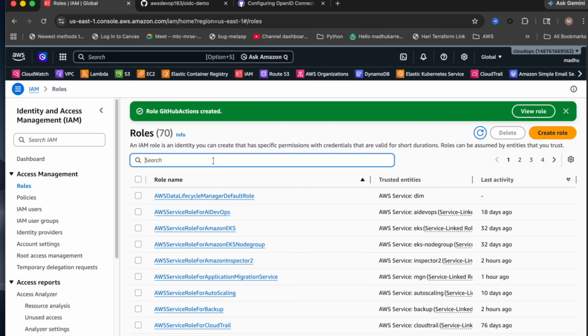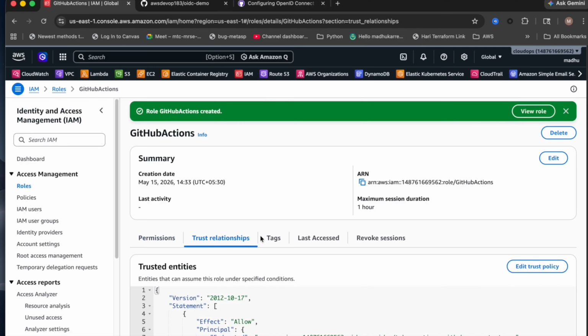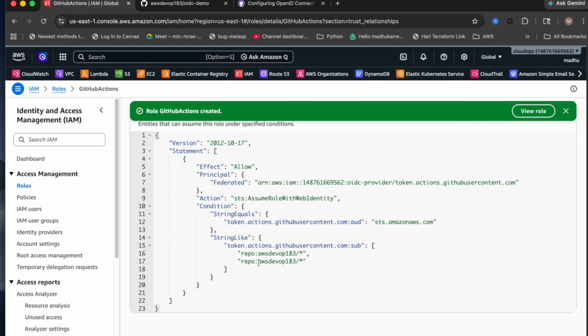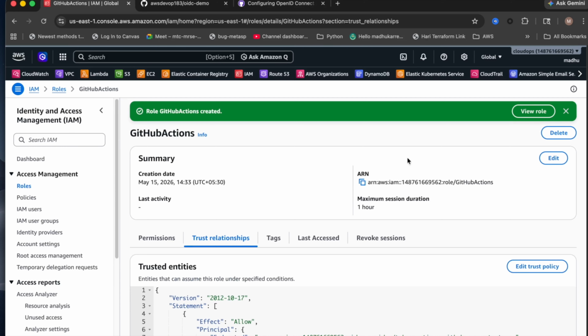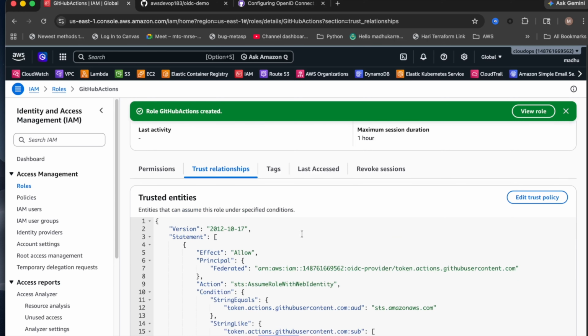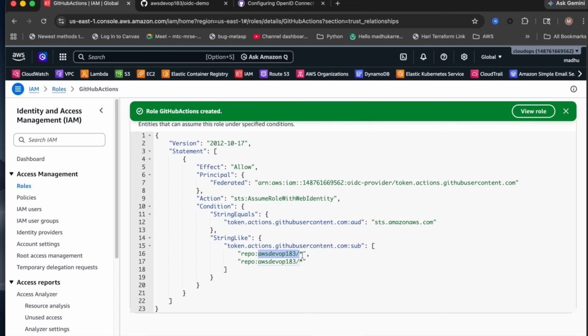So once you create that role, let's look for it and click on it. If you check in trust relationships, you can see that this role can be used from GitHub only from this user. So even if someone gets this role's ARN, if they try to use it, they can't, because in this role I trusted only this username. So it will be accessible only from this GitHub user.